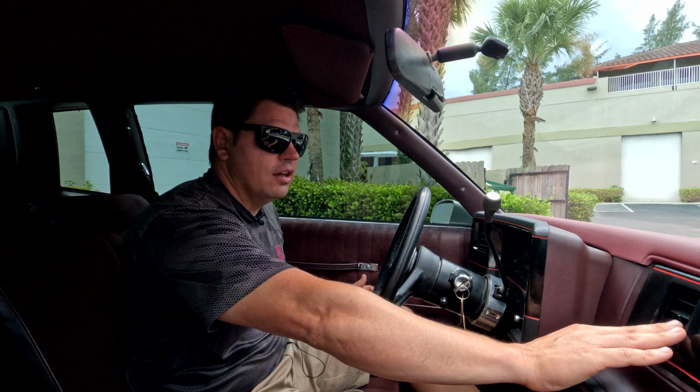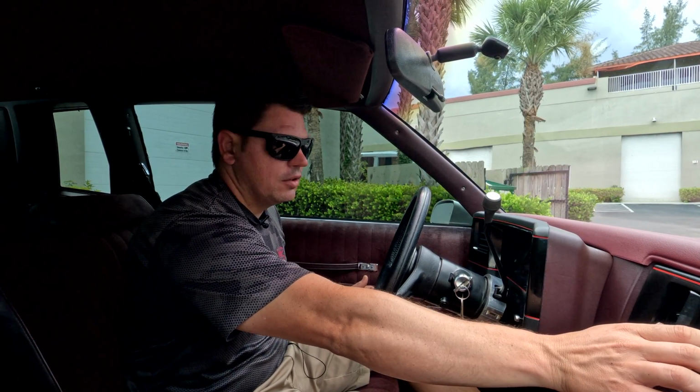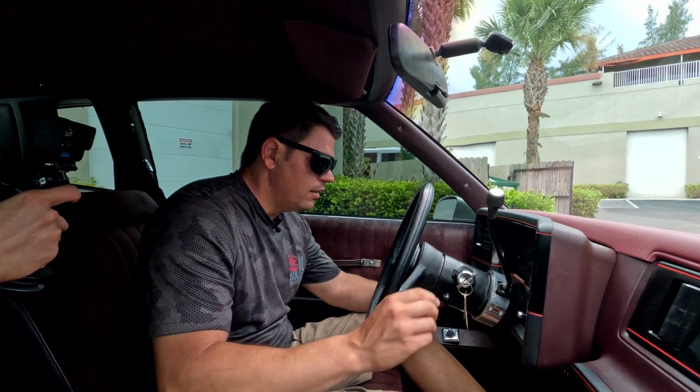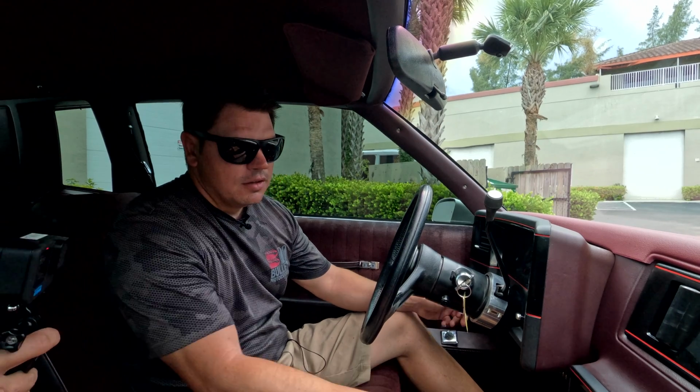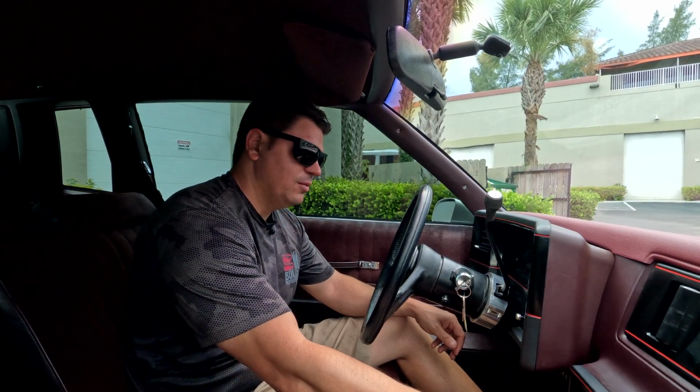Thank God the AC is working. I noticed that the little vents in here are very loose, but it is blowing cold air. You have your controls for the mirrors, your lights are operating, and the illumination's working under there. You do have an aftermarket radio, and you could tell Felix was in here because it's on a...